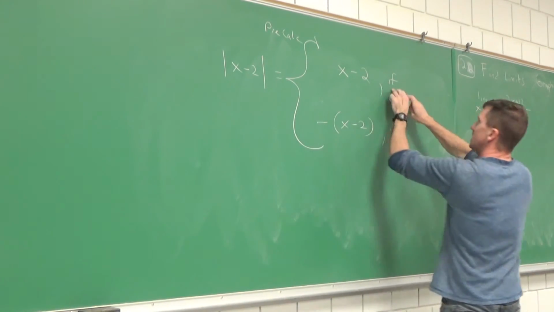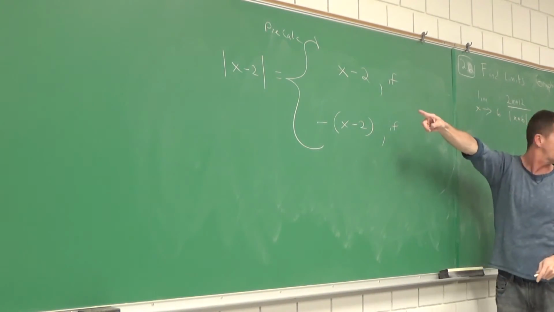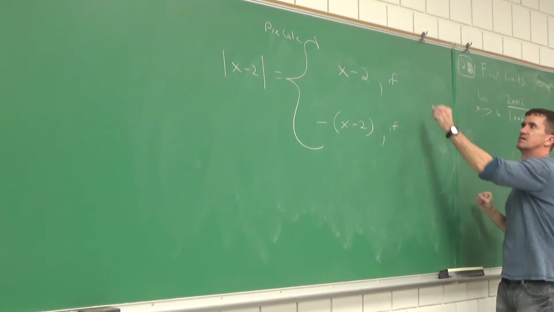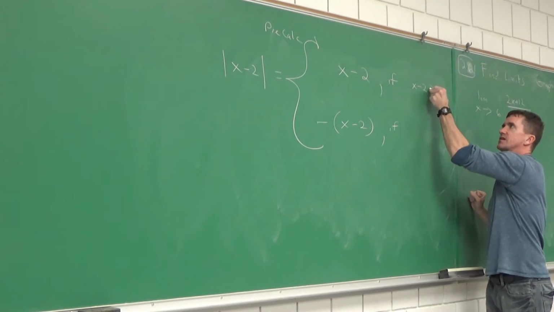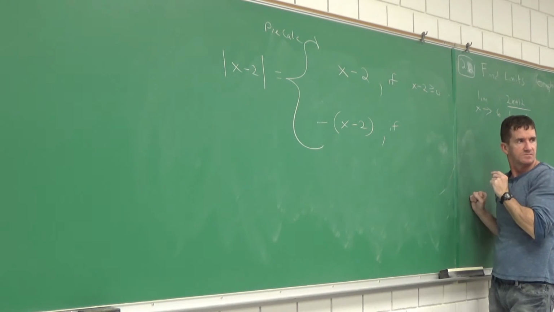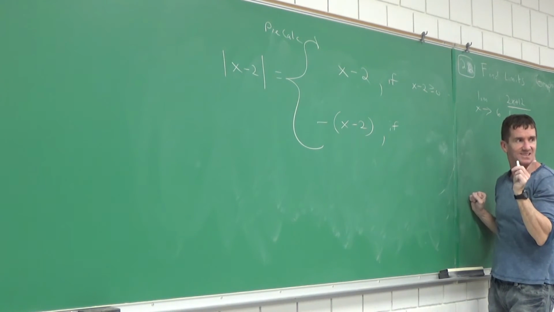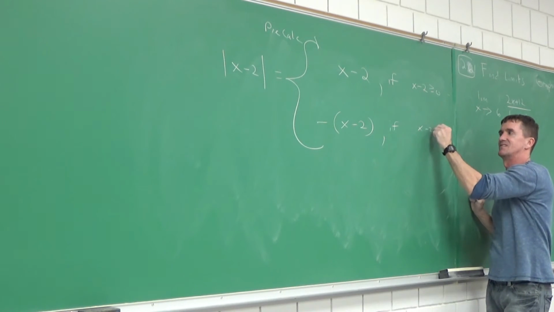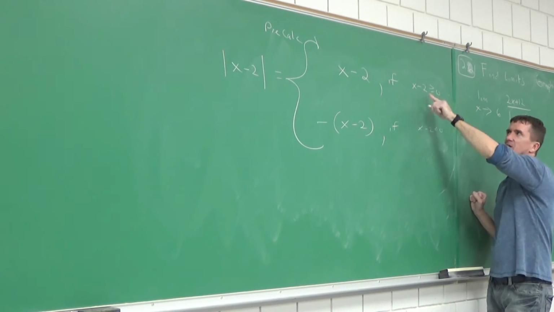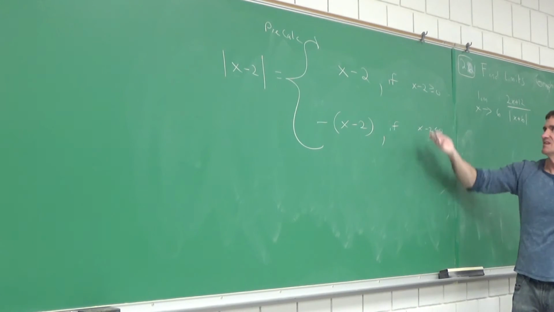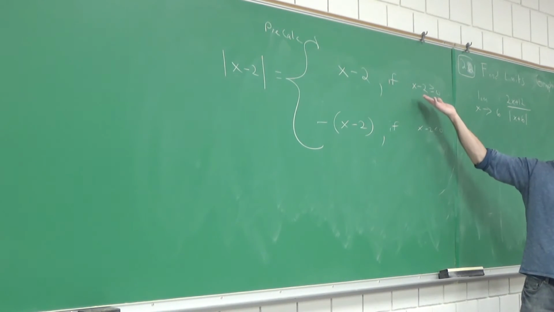It equals this if, and when I need you to set that x minus 2 greater than or equal to 0. X minus 2 is greater than or equal to 0. And it equals this if the x minus 2 is, take a guess. Less than 0. Now, do you want to improve that? What's a better way to write that? X is greater than or equal to 2. Yeah, write that, Owen. You might find that easier. I just wanted to show you.